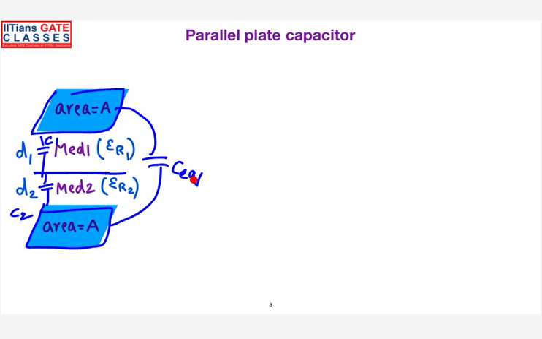So the space between the conductors is filled with two dielectric mediums. Then what will happen to the resultant capacitance? Can you tell me what is the equivalent capacitance right now? When you look from here to here, is it the series combination of C1 and C2 or parallel combination? Series, sir. Series combination. Right. So in case of a series capacitor, you already know the formula. If two capacitors are connected in series, the resultant equivalent capacitance will be given by 1 by C1 plus 1 by C2.